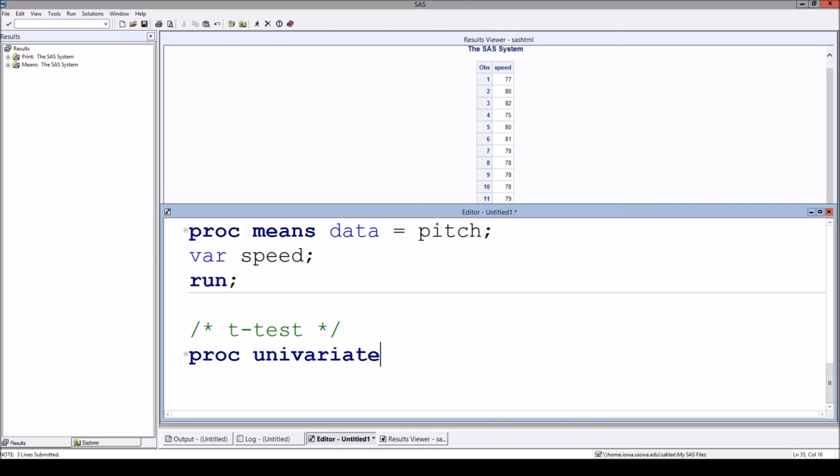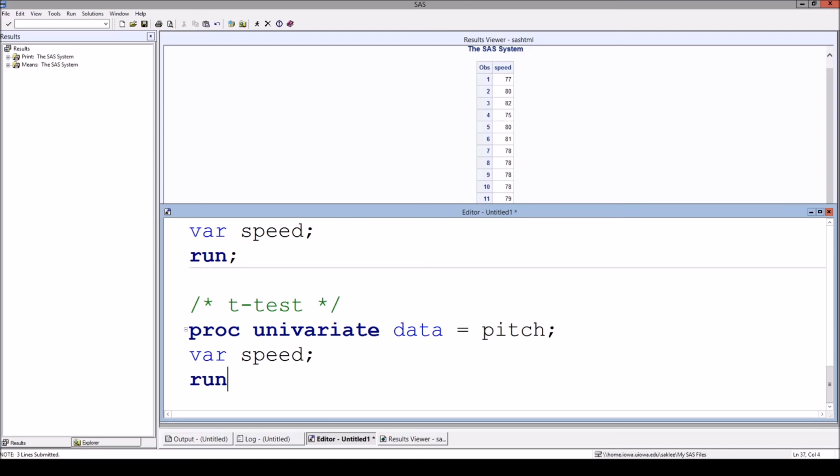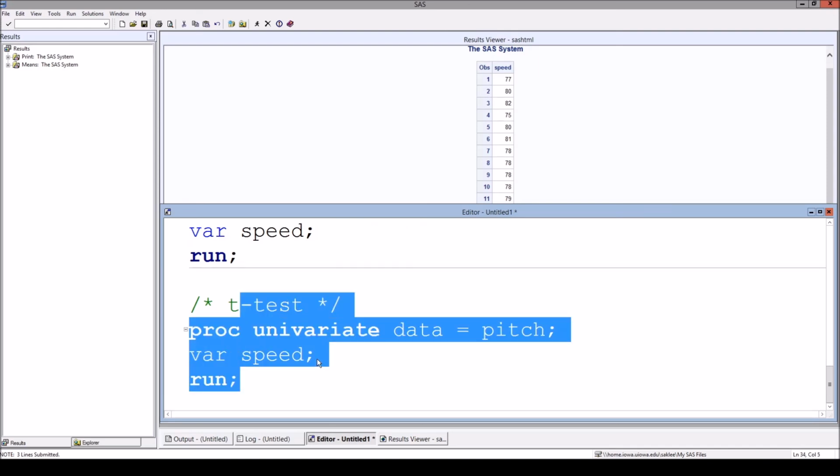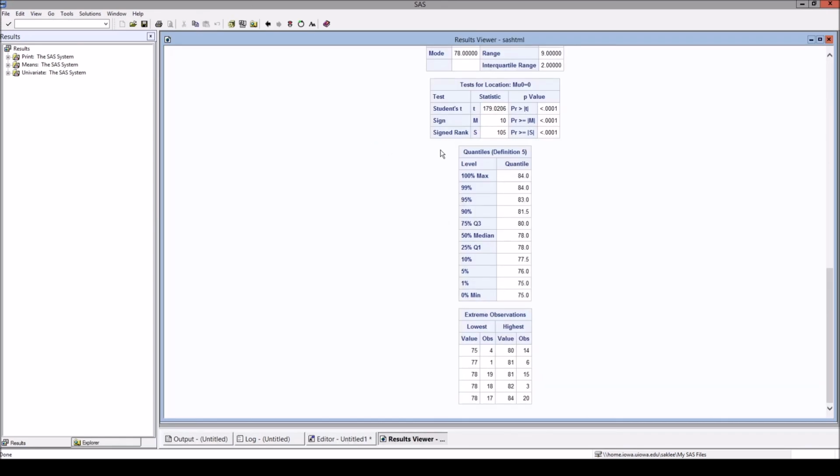We have used the univariate procedure like this: proc univariate data, the data set name was pitch, and the variable. If I run this code, we see what we have seen before.